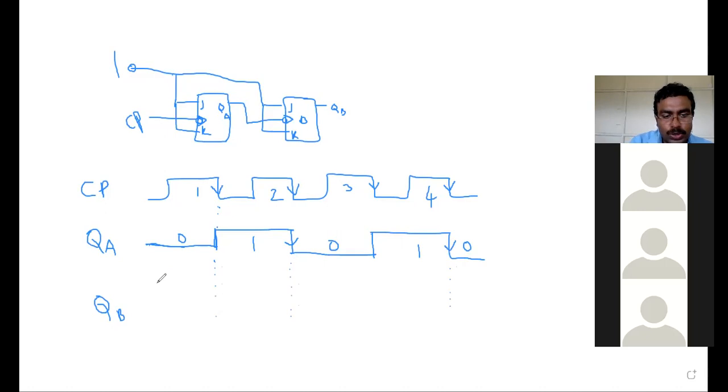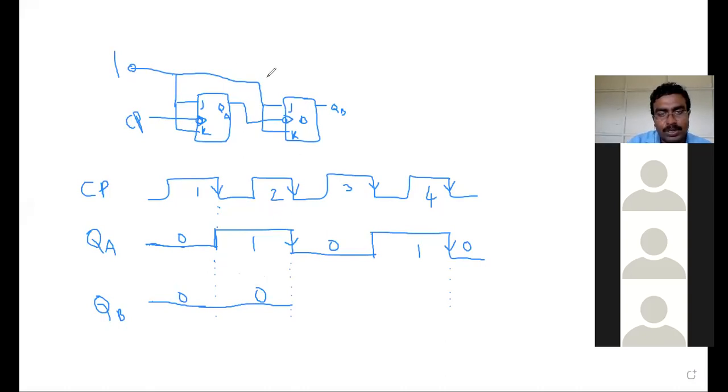Now come to the conclusion, students. We will see how we have to draw this QB. Initially, I'm assuming my output QB, or flip-flop QB, is at present state 0. So that 0 will be continued till I reach my negative edge. This is my negative edge, students. Till that point, my state will be at 0.